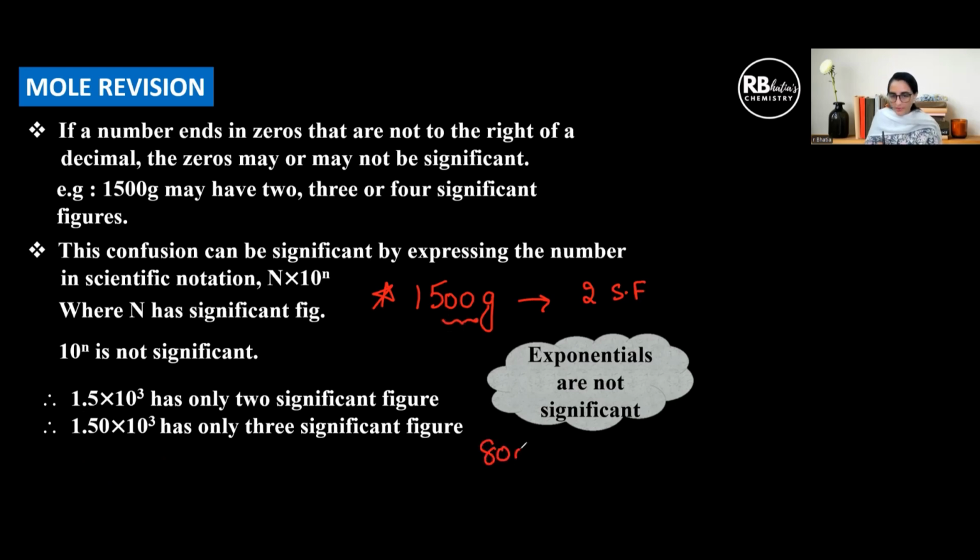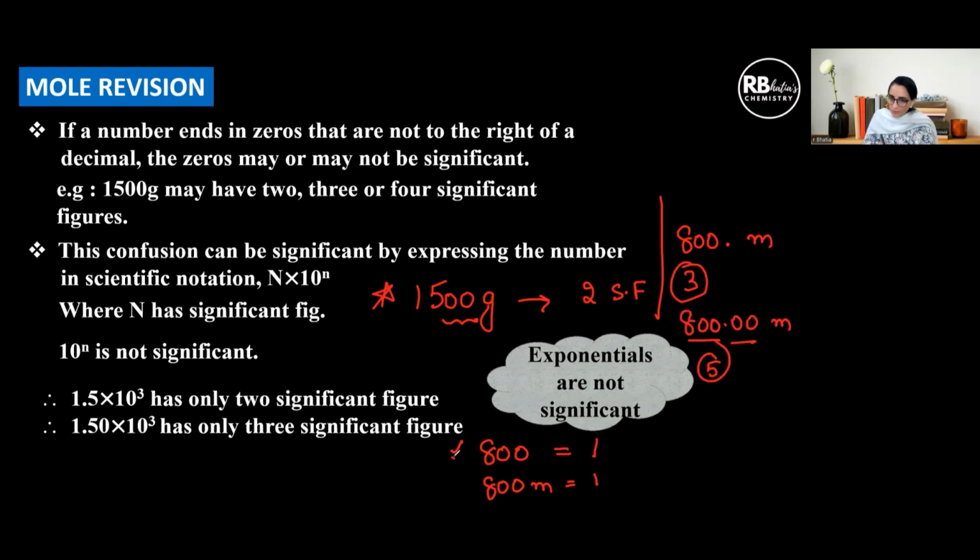So if I ask you how many significant figures in 800, you would say 1. If I ask you in 800 meter, you would again say 1. Is it right? But if I say 800. meter, now it becomes 3. If I say 800.00 meter, now it becomes 5 significant figures. Please be careful. Whether it's a pure number or it's a measurement without a decimal, we do not count the zeros unless and until some specification is given. So this particular slide is very important for you to know, and children generally have a confusion in this.